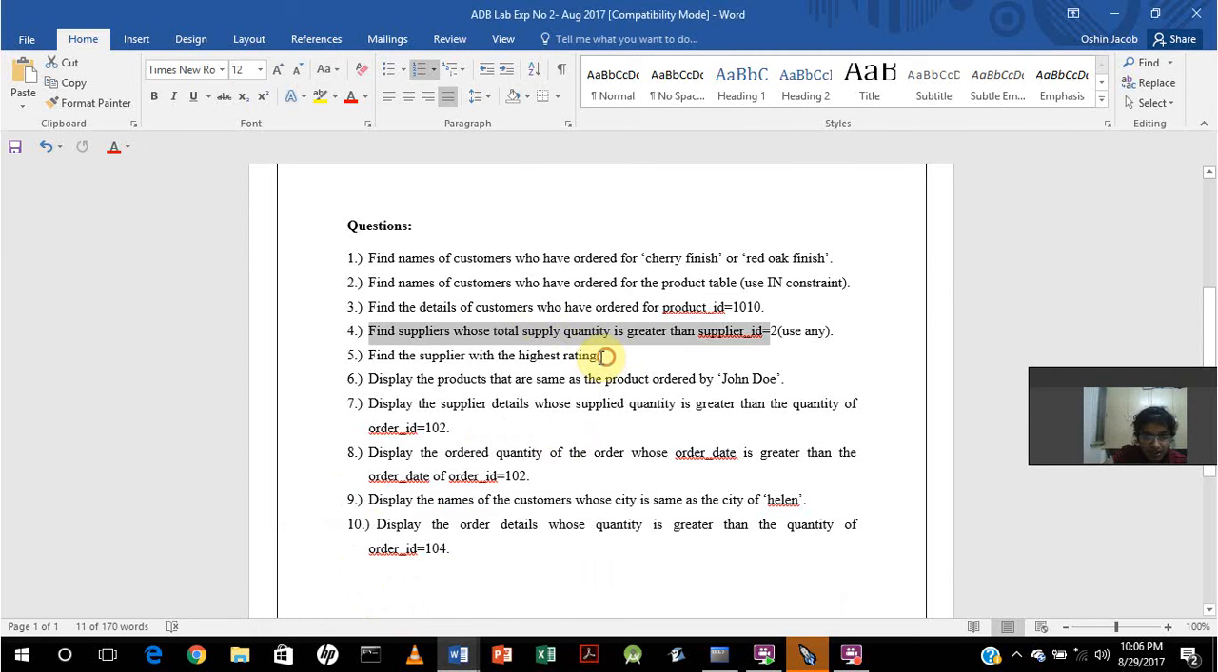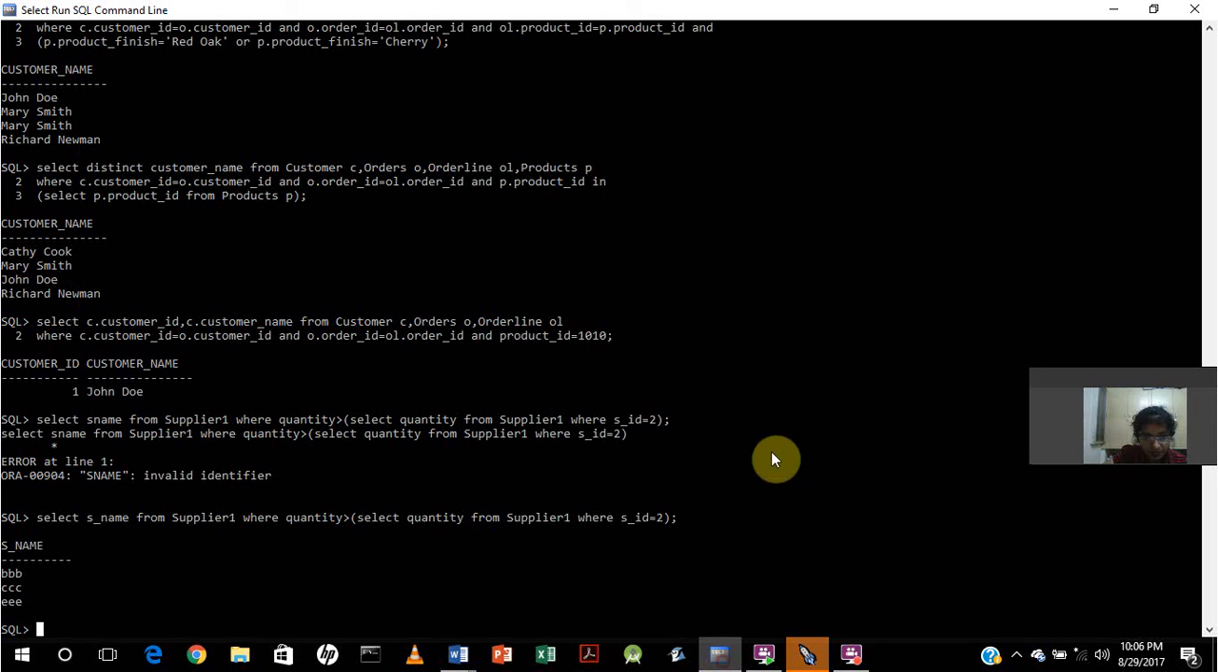Coming to the next question, it is to find the supplier with the highest rating. So here I have to find the supplier name from the table supplier 1 where the rating is the highest. So I use the aggregate function max, and the max function cannot be used directly in the where clause. I have to use it only in the select clause. So to do that, I use a subquery where I can use the max condition with the select